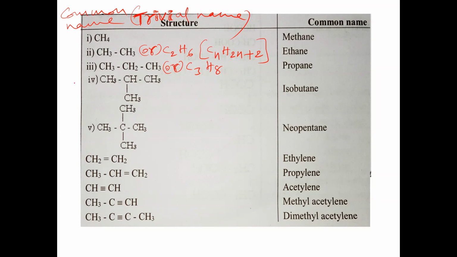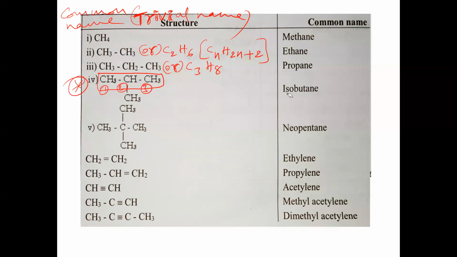And next, if we take this fourth example, CH3, CH, CH3, CH3. In this now, what is the longest chain? This one. It is the parent chain to be selected, right? In this parent chain, our numbering should be given: first carbon, second carbon, third carbon. On the second carbon, what is there? A methyl branch is there. So 2-methyl is there, 2-methyl propane. In the parent chain selected, how many carbon atoms? 3 only. So the IUPAC name is 2-methyl propane.